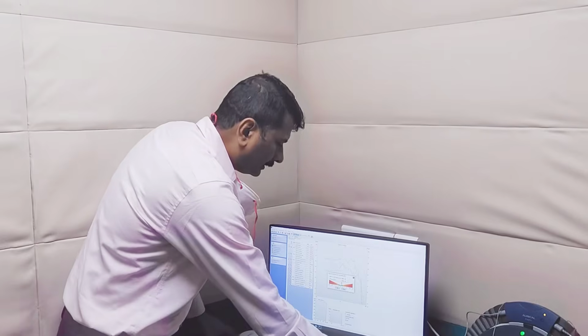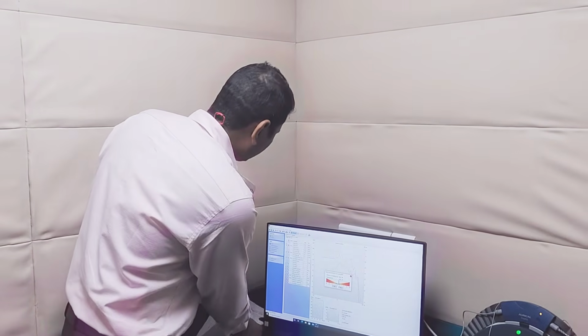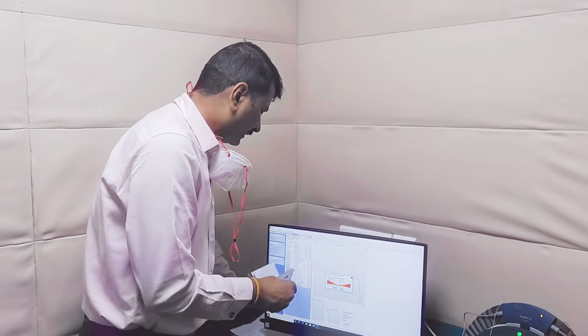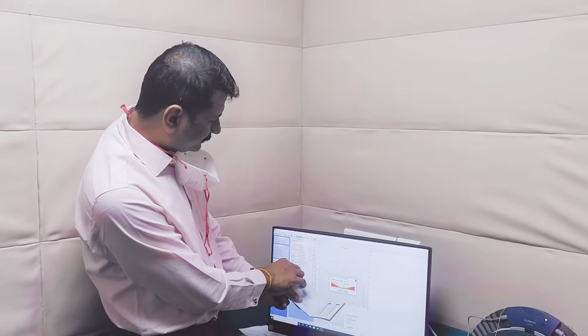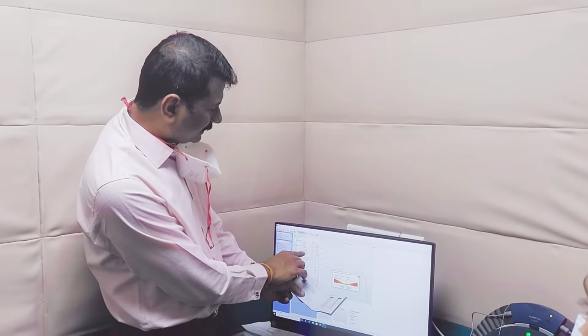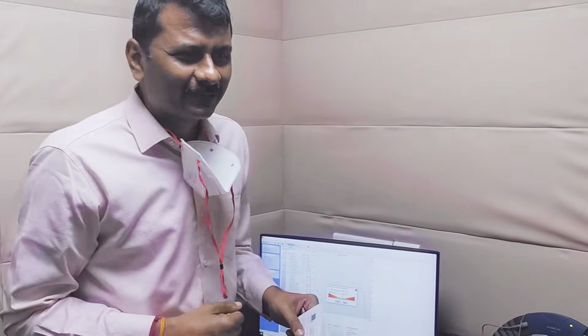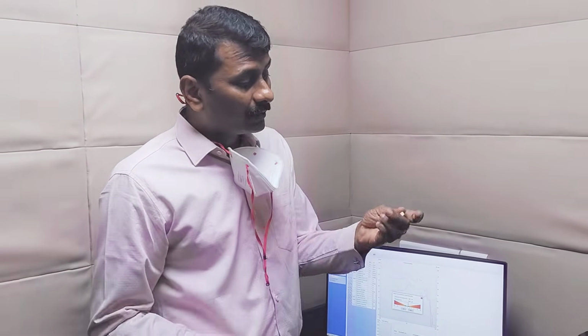So you look at whether the promise which the hearing instrument makes matches the output in terms of OSPL 90, high frequency average, full on gain, etc. Quite a number of parameters, and if it matches, then we say, okay, this hearing aid would suit this particular client. Correct? So to measure whether the hearing aid is working faithfully or not, we have this instrument which is known as the electroacoustic measurement system.